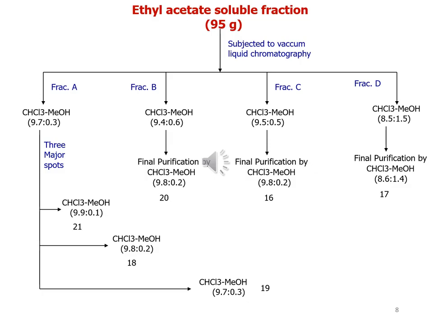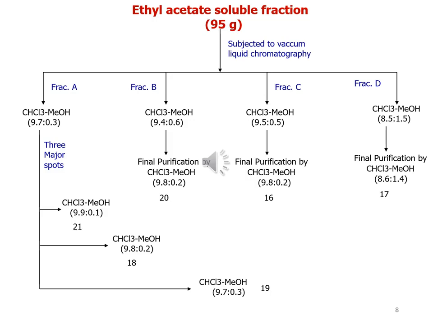chloroform-methanol. Fraction C is subjected to column chromatography over silica gel, using an increasing order of polarity of chloroform-methanol, that is 9.5 and 0.5%, and after final purification we get compound number 16. The purity of this compound was confirmed by using the organic solvent system chloroform-methanol in the ratio of